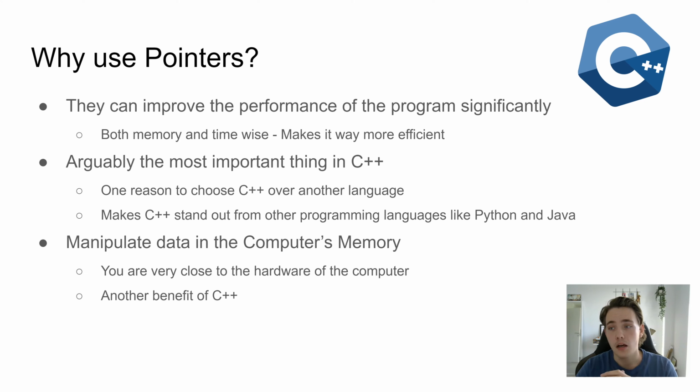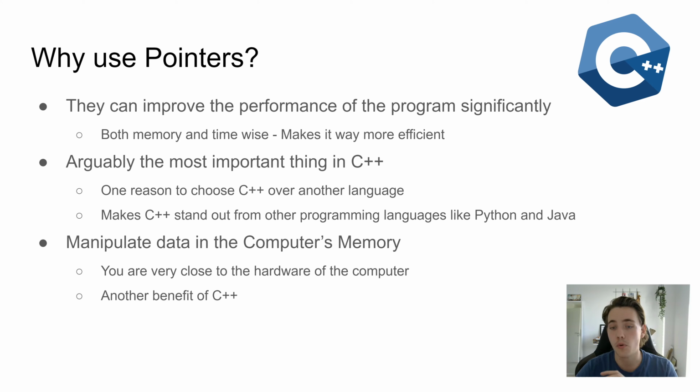In C++ we're able to use pointers to point to some memory address in the memory, and then we can do some operations on that memory address instead of using our variables and copying different kinds of data types and data in our memory. So we use pointers because they can improve the performance of our program significantly, both memory wise and time wise, because it just makes